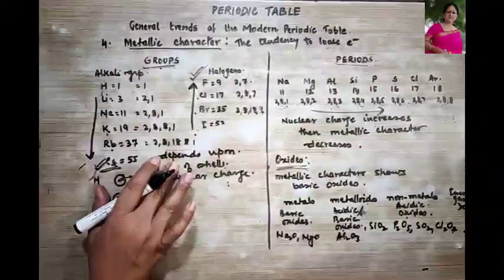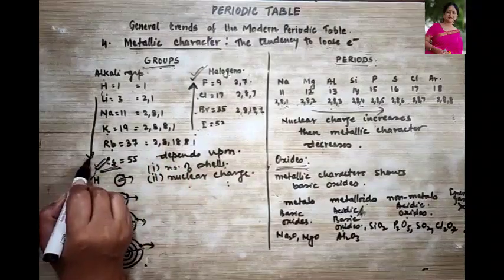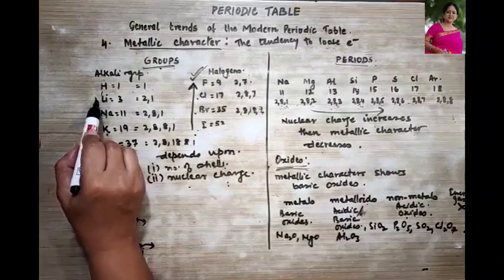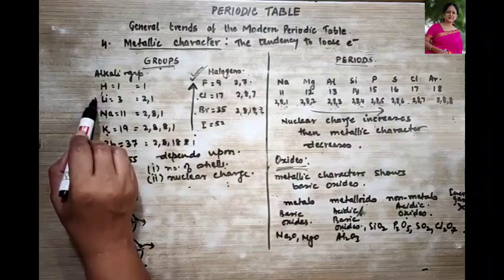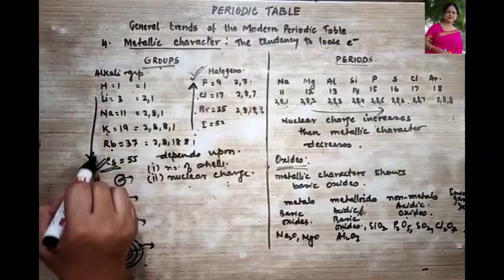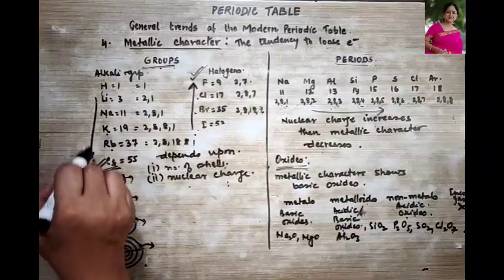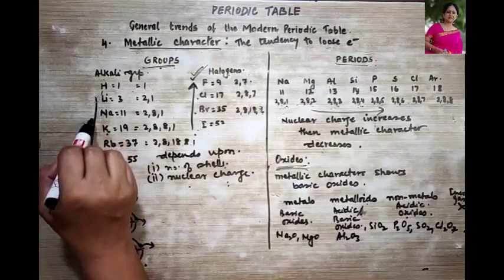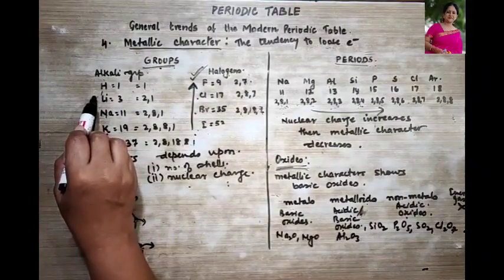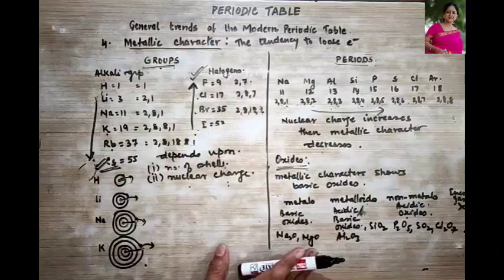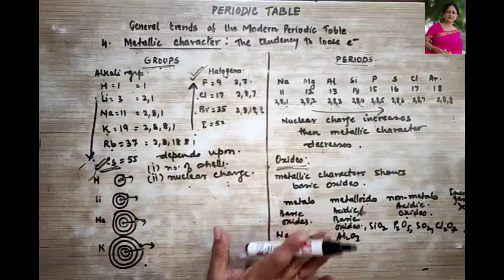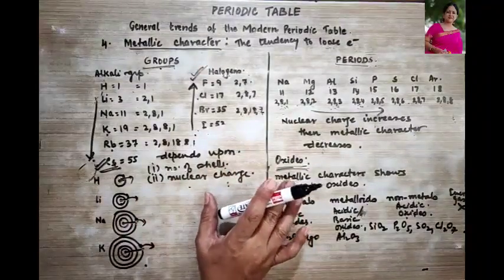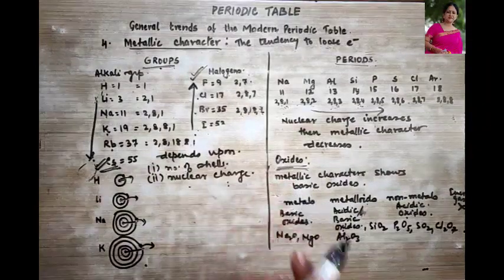Look at the properties of oxides over here. This is most metallic, so basic oxides are going to be found over here. As you go up, lithium will be more acidic in nature. As you go down, because the metallic character is increasing, they are going to be more basic in nature. As you go up, the metallic character is decreasing, so they will be more acidic in nature. So with this, I hope it's clear to you. Revise this video, study this video twice, and revise all the general trends of the modern periodic table. I wind up over here. Thank you.